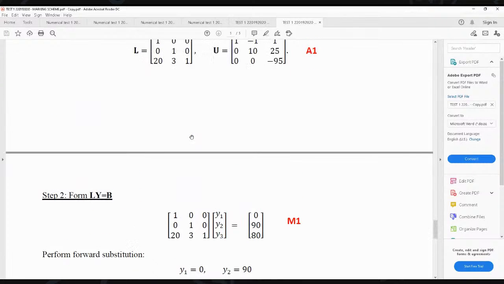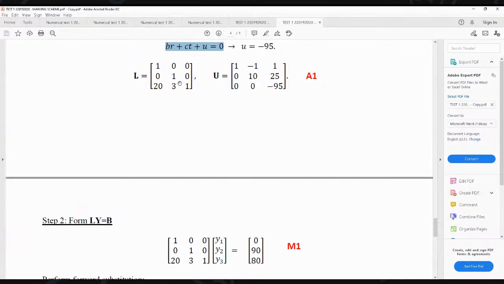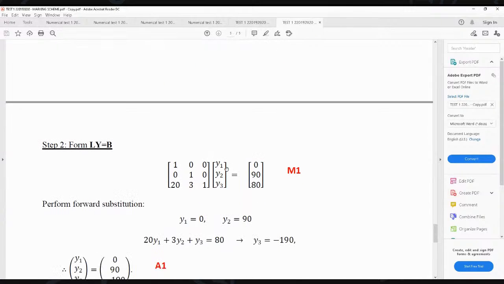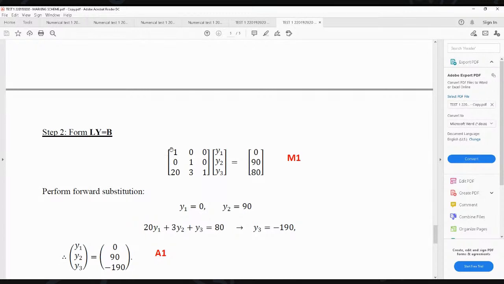L, you already know what L is: the lower matrix. LW is equal to F. So now you solve. You can solve this one using your calculator, but please write and perform